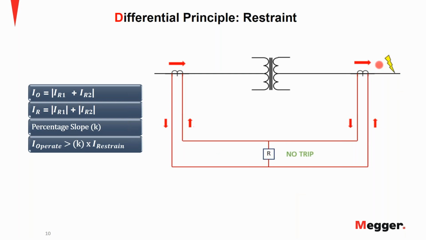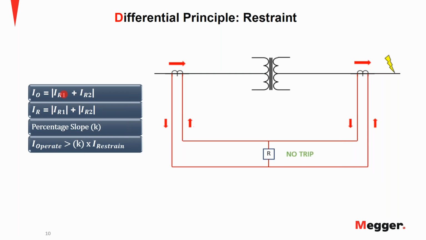Whenever we have external fault or normal operating conditions, we will see a little bit of differential current in the relay. So why do we use the differential restraint? Why do we use the restraint differential? I mean, so our operate,